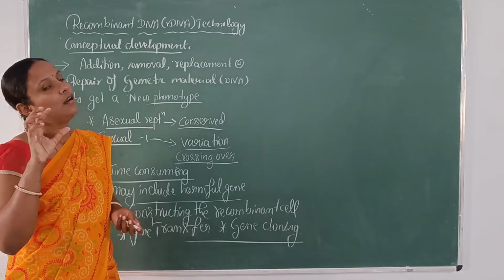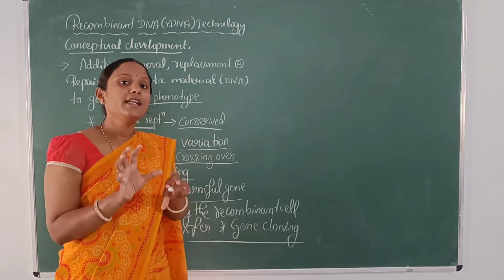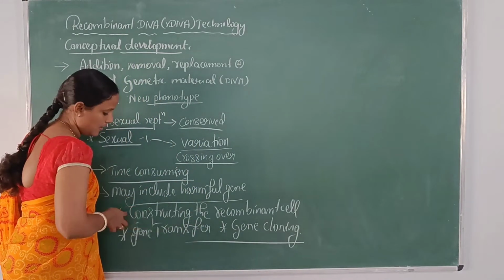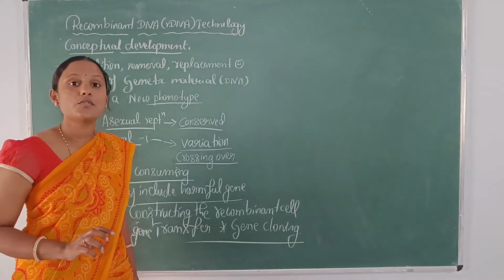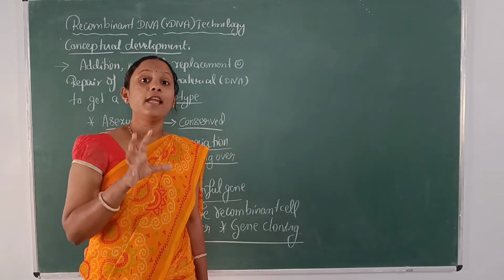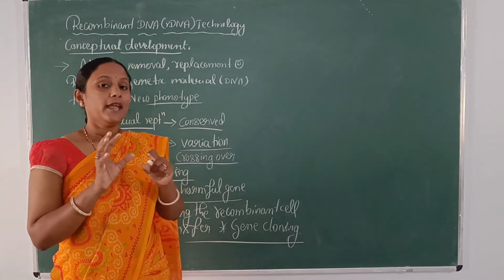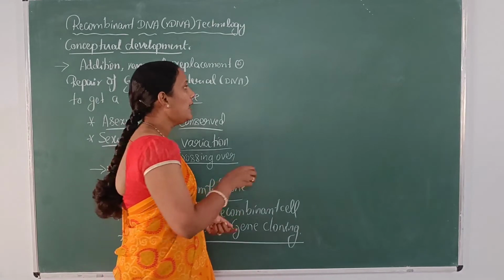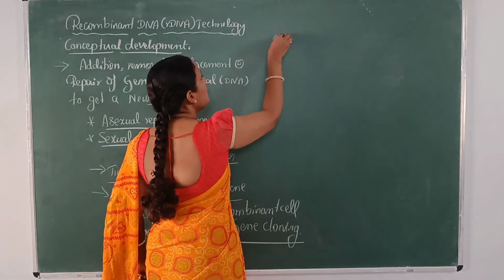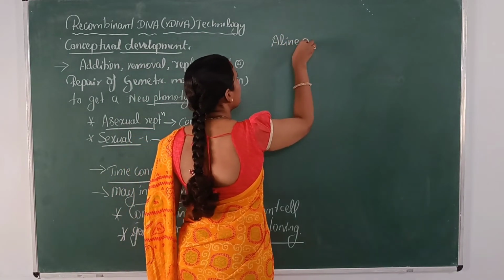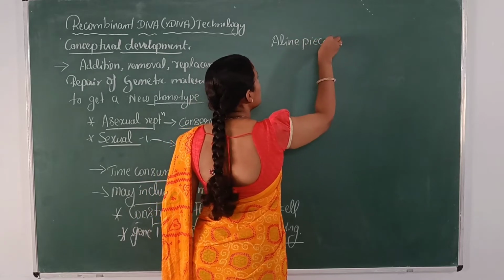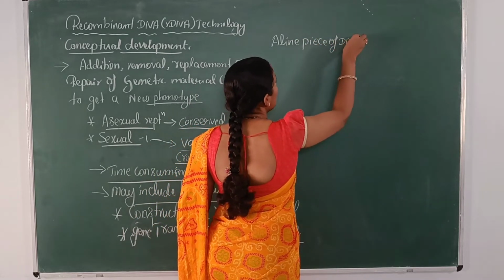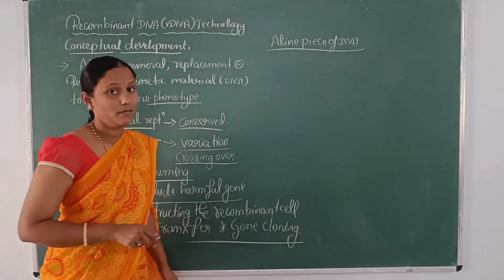Now, the question will arise, how is it possible to do this? That is, how is it possible to construct a recombinant cell? In nature, whenever a piece of DNA, or we can refer to it as a foreign DNA,